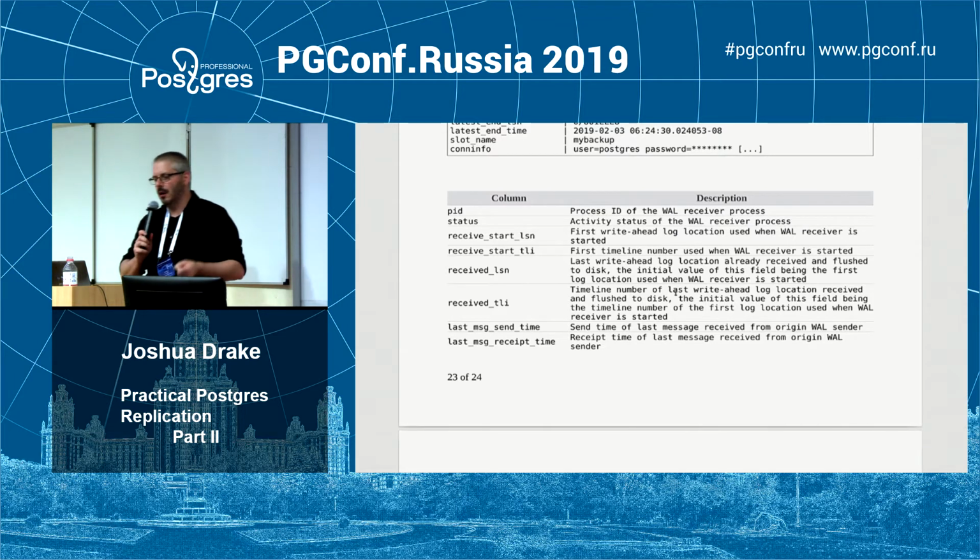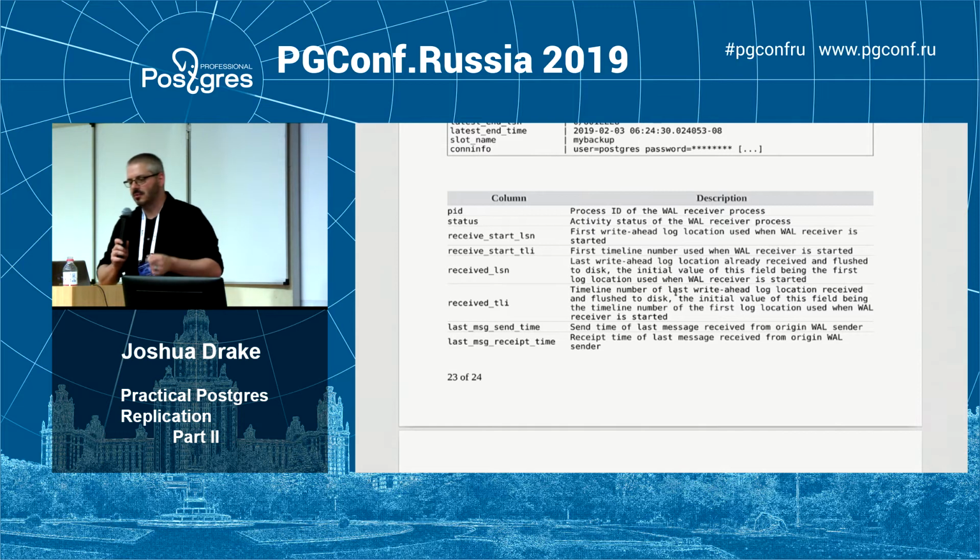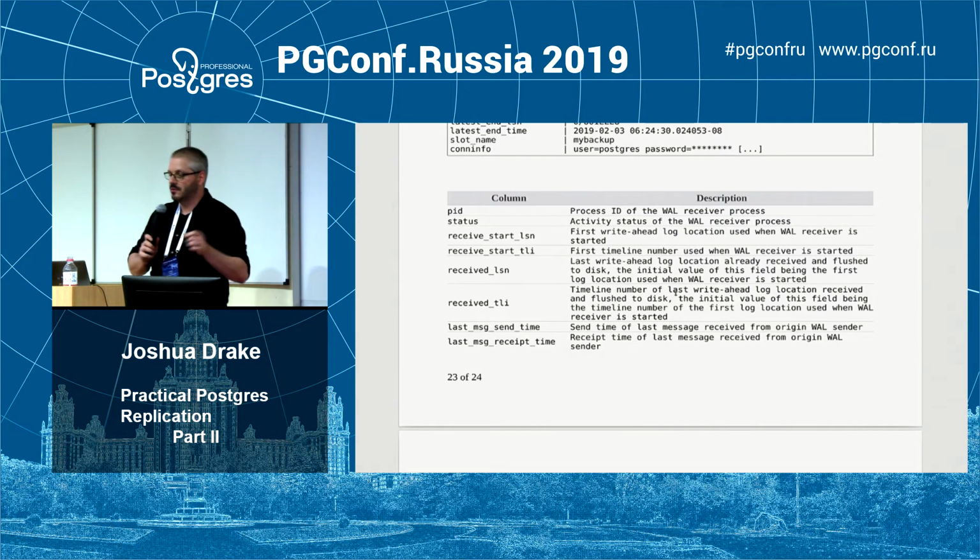Last write-ahead received LSN is last write-ahead log location, already received and flushed to disk. The initial value of this field being the first log location used when the WAL receiver is started. Received TLI, timeline number of the last write-ahead log location received and flushed to disk. The initial value of this field being the timeline number of the first log location used when WAL receiver is